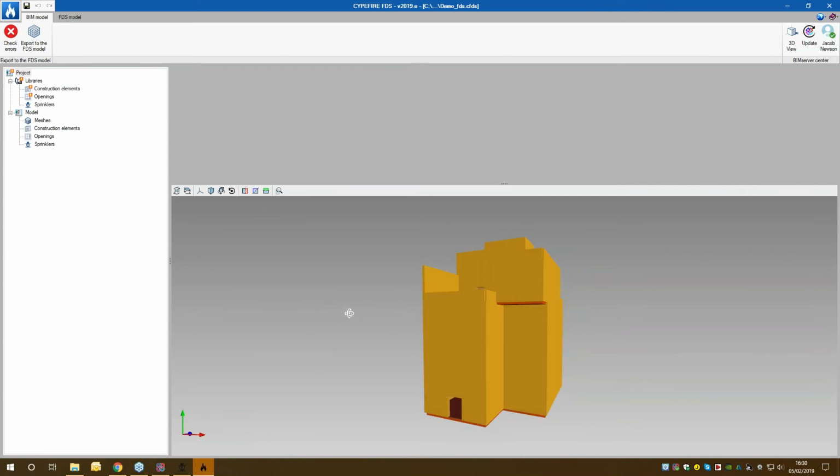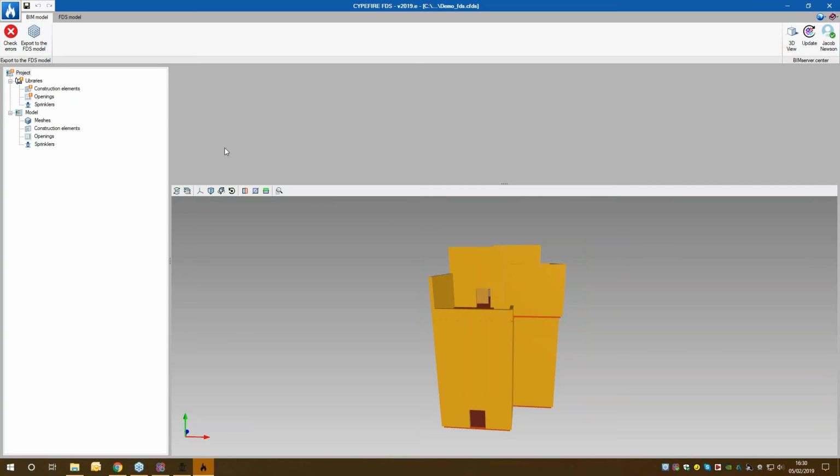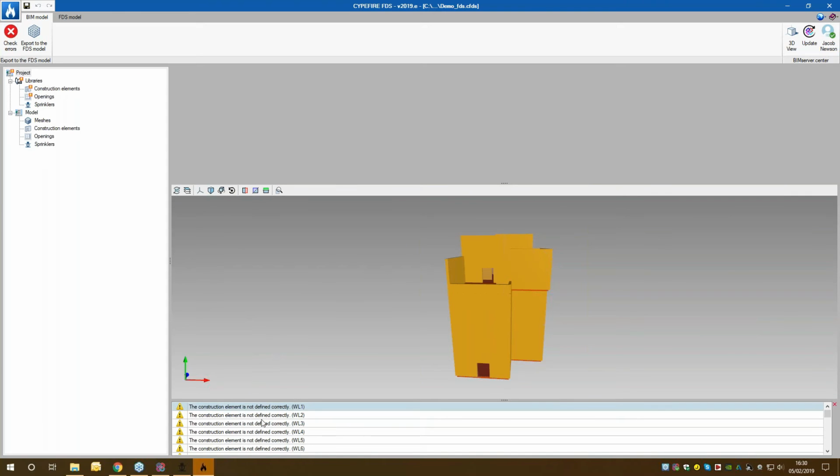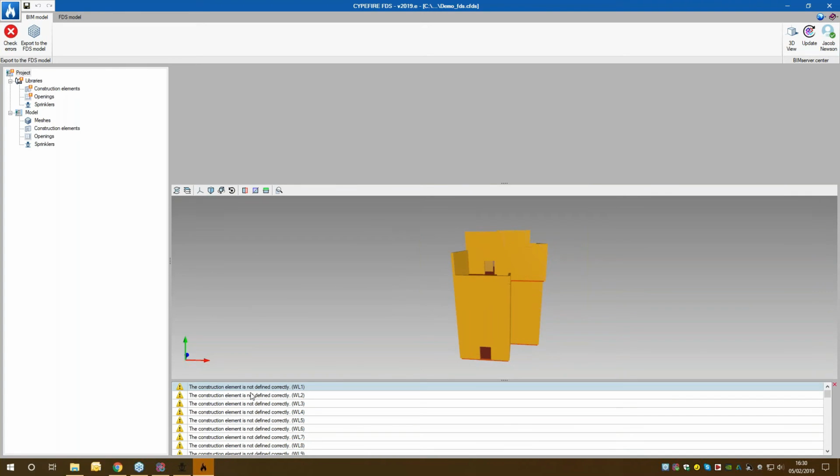Okay, so there are two tabs separating the two phases of the program. This is the first tab, the BIM model, and this is where you set up the 3D model for analysis. And so the process starts with the libraries of the construction elements, the openings, and sprinklers. So the first thing I'm going to do is check for errors. And you can see here at the bottom that all of the construction elements that make up the model have